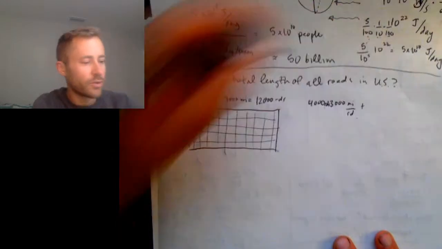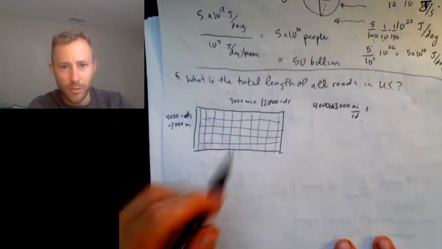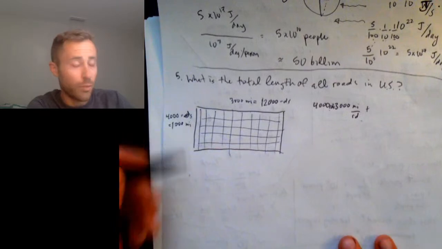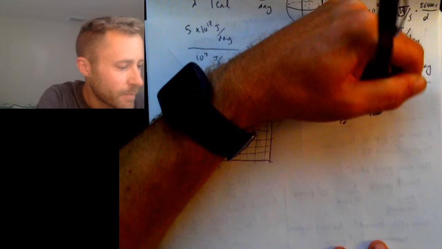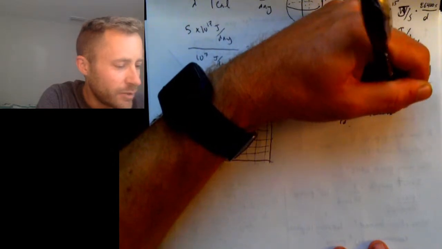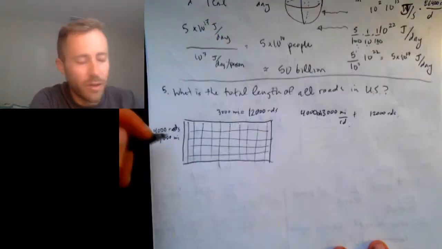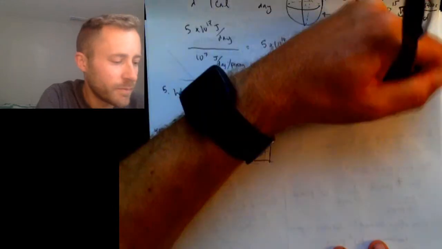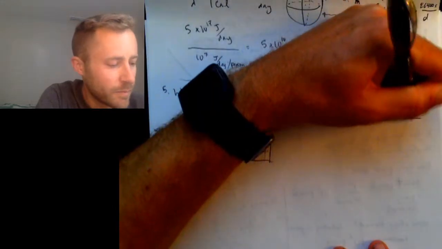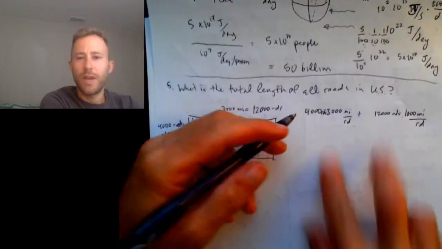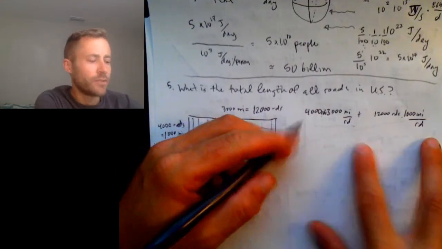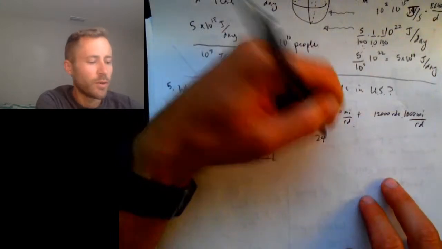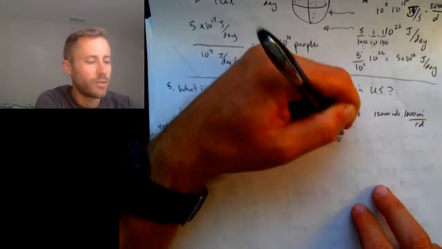Okay, so those are the east-west roads. And then the north-south, I know there are 12,000 roads. And each of those is roughly 1,000 miles long. Okay, so I've added those up. And what I get is 24 million. So 24 times 10 to the 6th